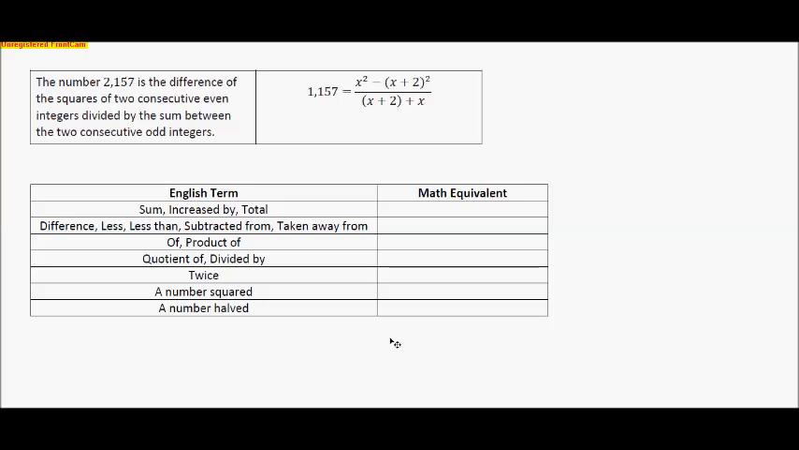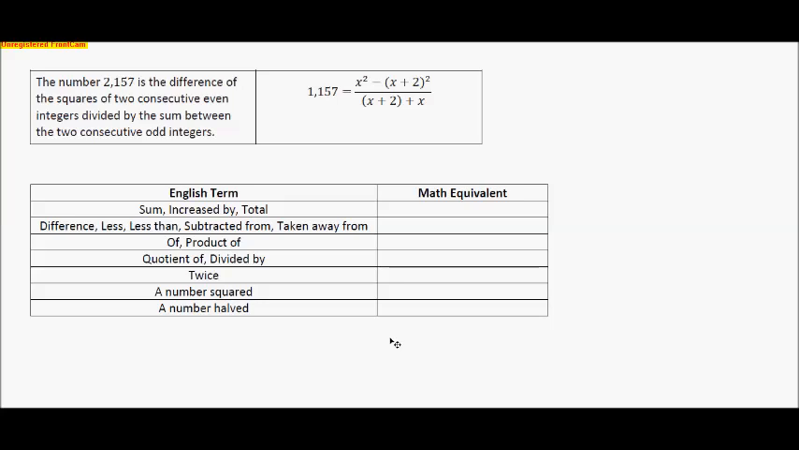Hi everyone, today's video is on writing linear equations, and what we're going to do first is just talk a little bit about converting English sentences or terms to their math equivalent. So the first box on the top of the screen here I have right off of your note packet, and